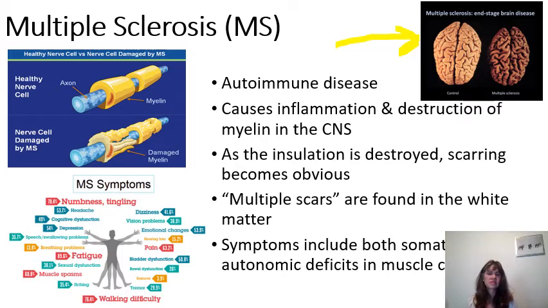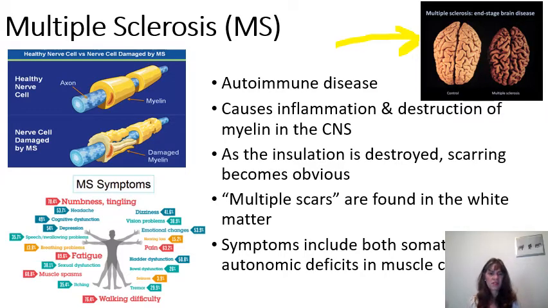Multiple sclerosis is multiple scars of hardening and narrowing found in the white matter, and symptoms include both deficits in the somatic and autonomic nervous systems, which cause